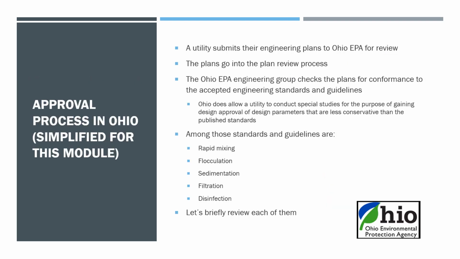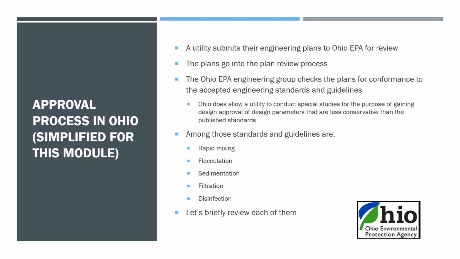So the approval process in Ohio goes something like this, and this is going to be very simplified. It's much more complicated than this, but I'm going to make it easy today. A utility would submit their engineering plans to Ohio EPA for review, whether they were going to build a brand new water plant or build a process in a water plant, doesn't matter. Those plans have to go to Ohio EPA for review, and when they're submitted, they go into a plan